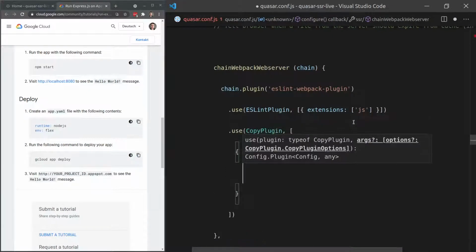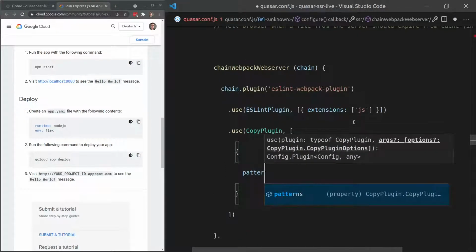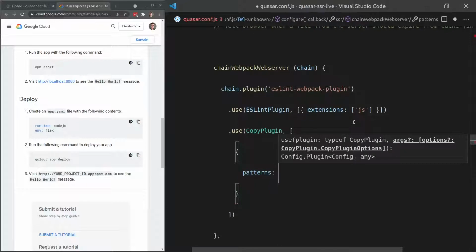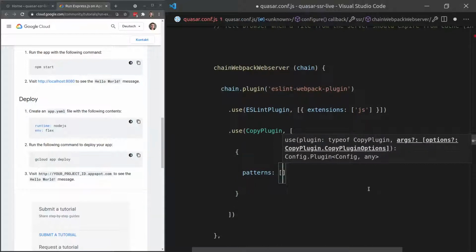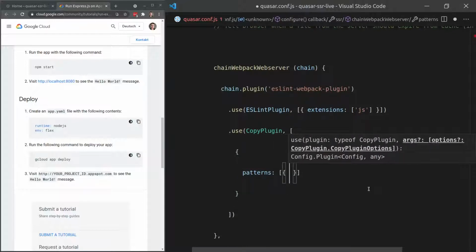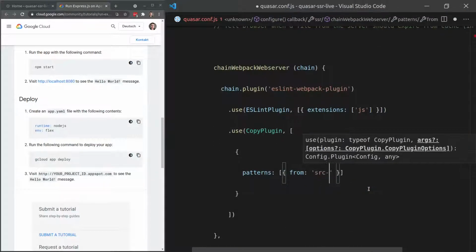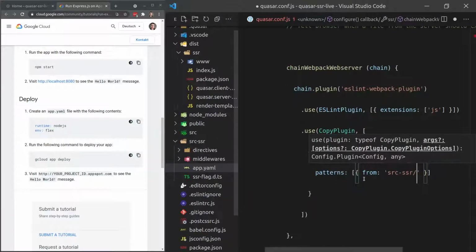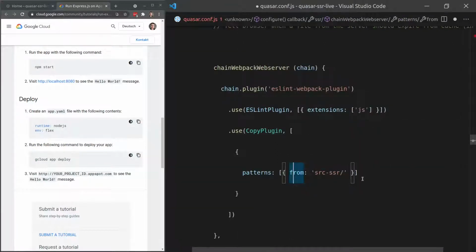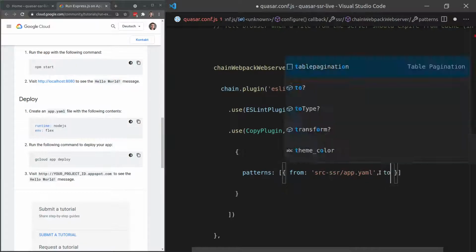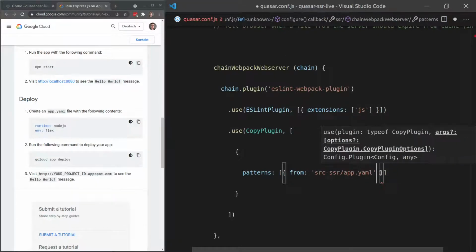So first of all, we'll put in an object, and we want to say here patterns. And then we can enter some commands here. And the command is going to be from source-ssr/ and what's the file called? app.yaml. app.yaml. And now you can also add here to say where you want to send it to, but by default,